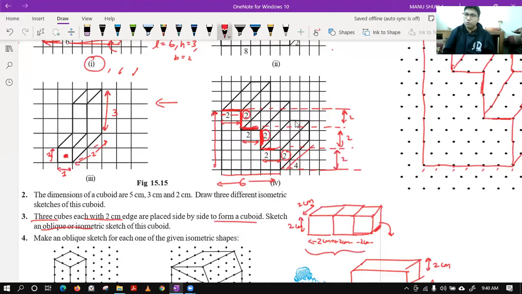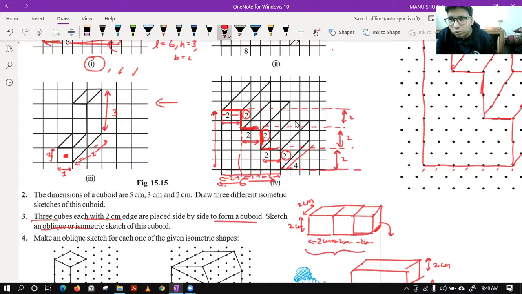Now I hope your doubt is clear, Tushita. And this horizontal 6 is also found like this only. If you see, this was 2, this was 2, and this was 2. So I have to use the values given to me in the diagram and not count the number of boxes.